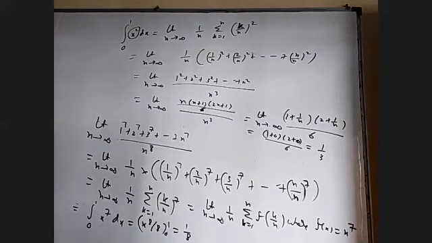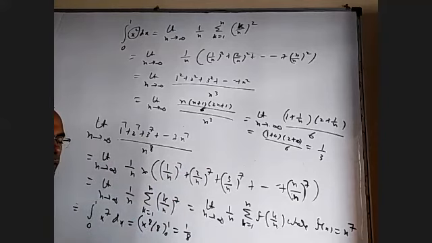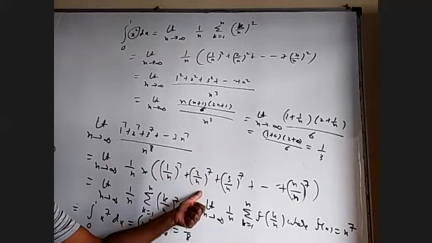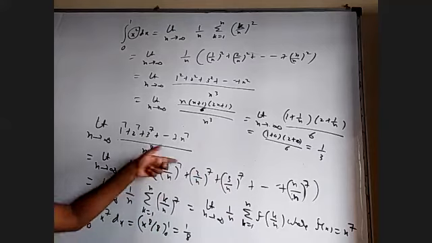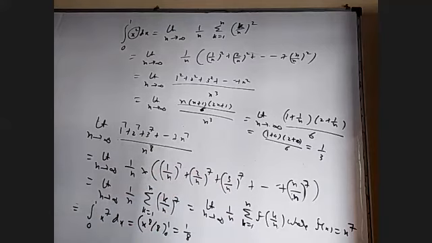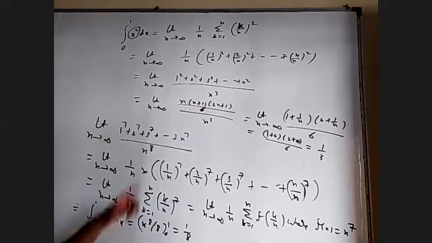Many times people will ask how to know these two limits, or how to identify this function. Limits are usually 0 to 1. When it changes, and how it changes, I'll tell you. Right now, let us take 0 to 1. The function is very easy. After borrowing 1/n outside, the other terms look similar. They all look like one f of x where one time x is substituted 1/n, one time 2/n, one time 3/n. If you put x here, you will know the function: x^7. So you can see these are questions back to back. This is integration converted into limits. This is limits converted into integral, and mostly very easy to recognize.